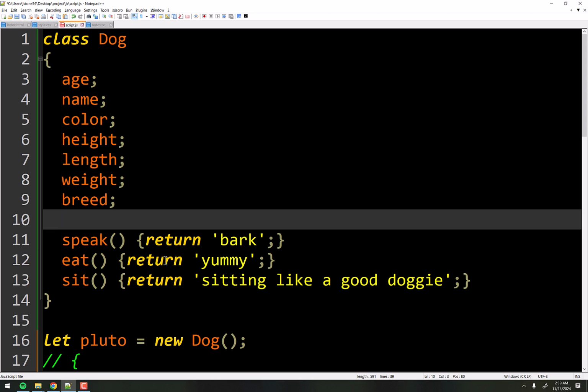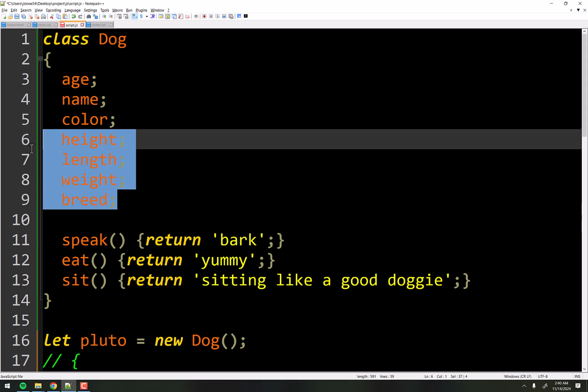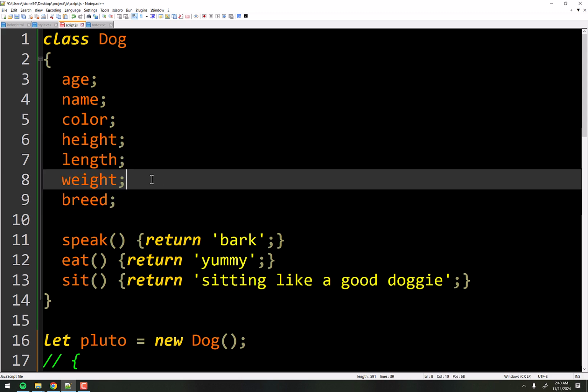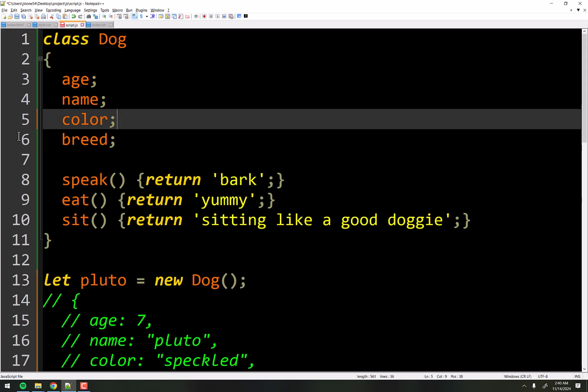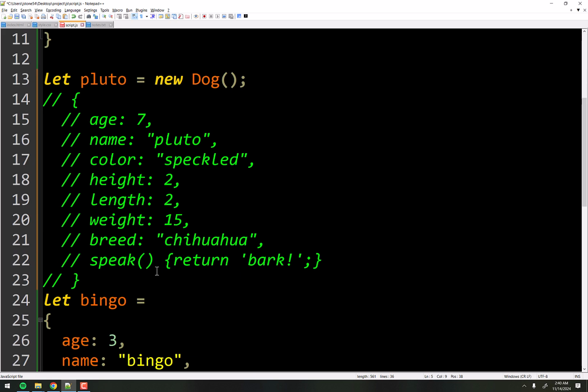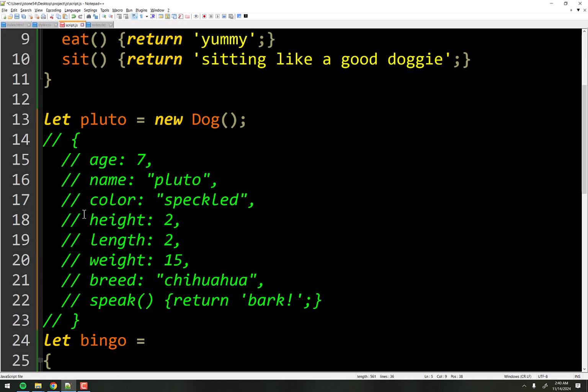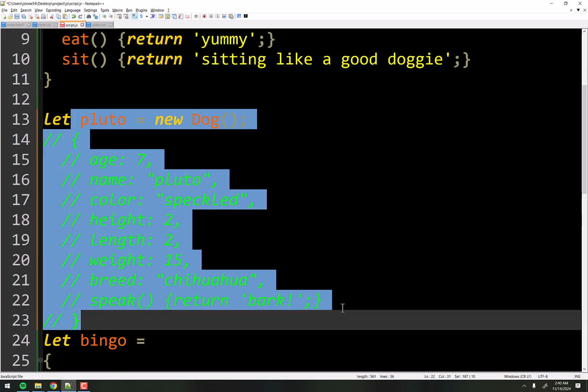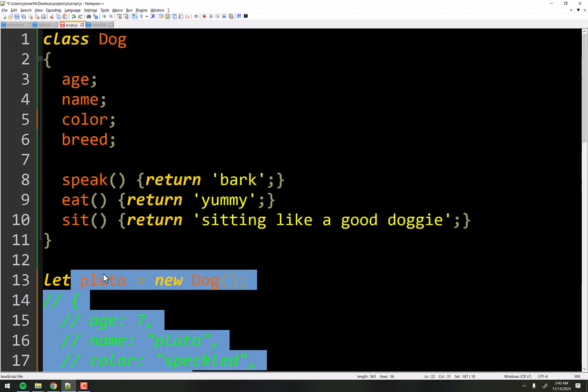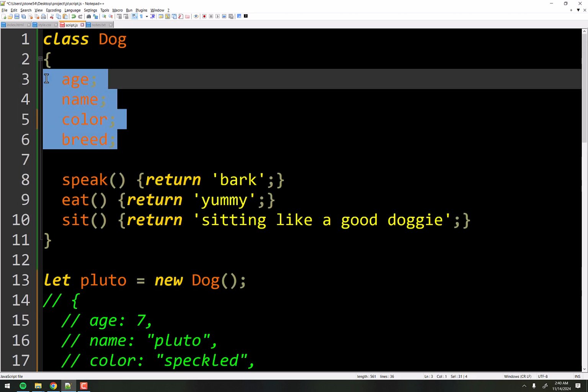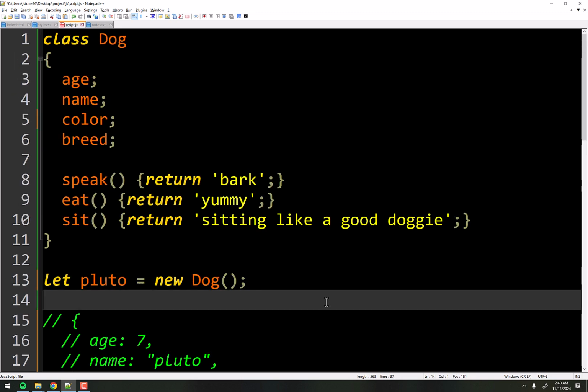So because of that, and because we're going to be doing this over and over again, I'm going to cut down the number of properties we're dealing with here, right? I'm going to skip breed, weight, height, length, and maybe we'll keep breed. We'll just do these right here, right? Now, obviously, the list of properties could be way more than they even are down here in green. But for simplicity, I don't want to have to repeat and duplicate this whole thing again. So we're going to skip all that. But we still need to create this part of it, right? So it looks like this.